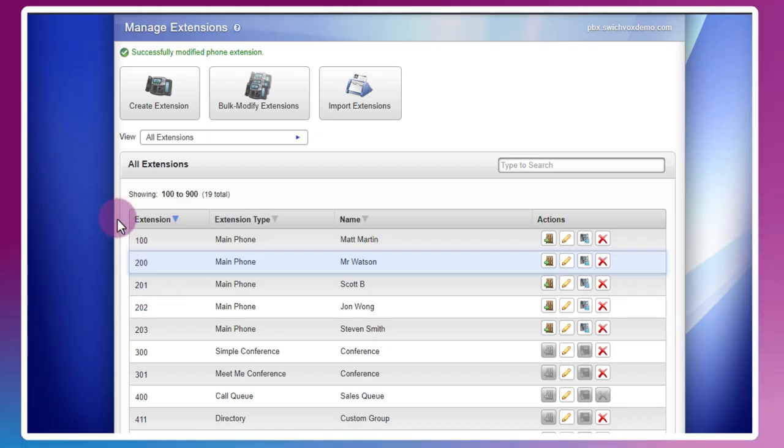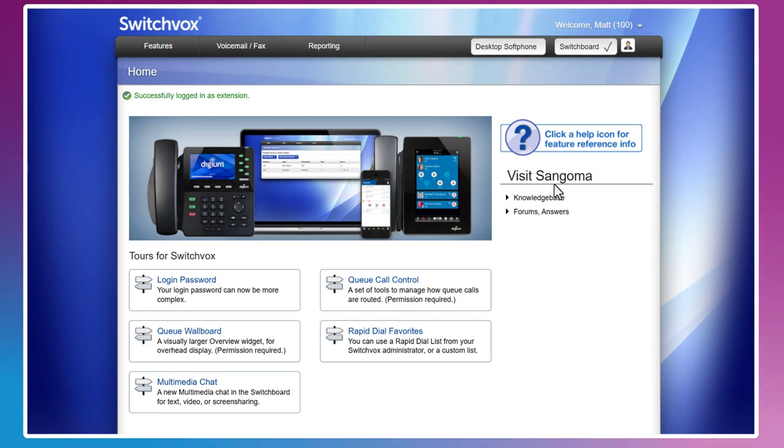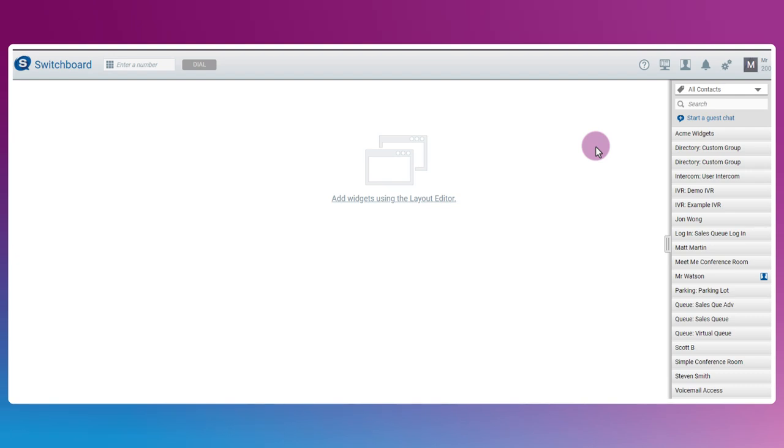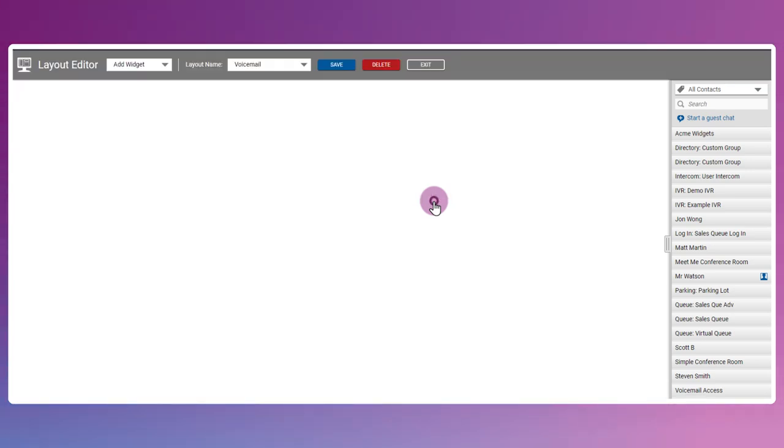Now we can also use that switchboard layout under the My Calls widget. So let's log in as user. Head to the switchboard. For the user to see their voicemail, you can either configure this in a preset widget or they can customize it.